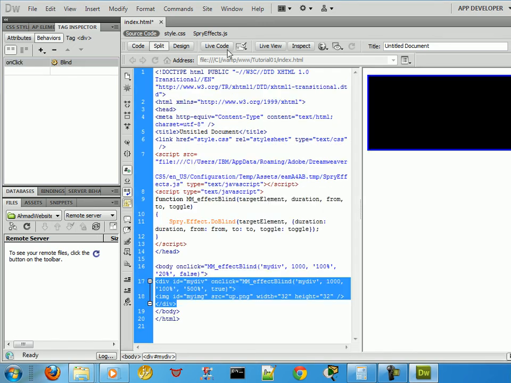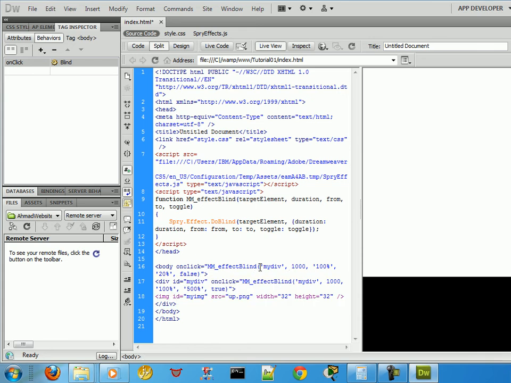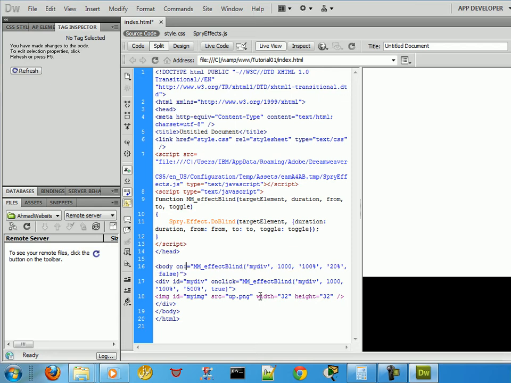If you go to the split mode and try live view, as you can see here, nothing changed because we need to change this to onLoad. So if we come here and set this to be onLoad, okay,